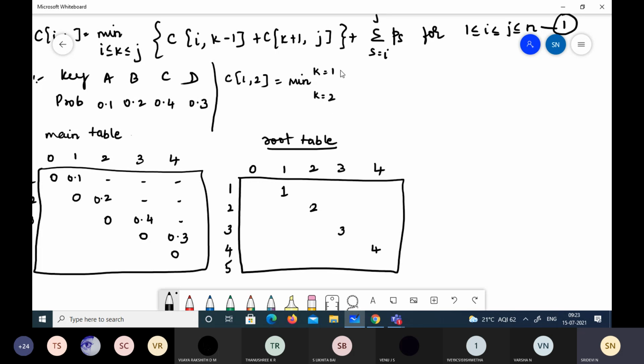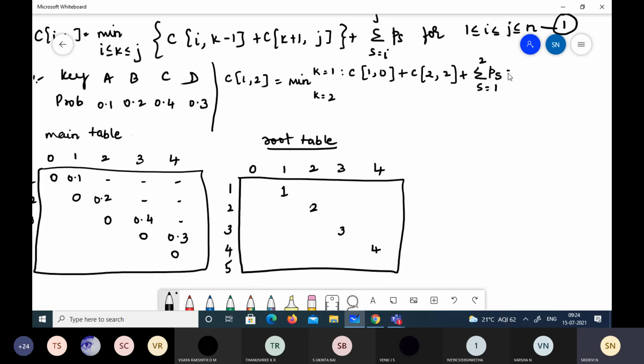Then C of i, which is 1, comma k minus 1. K is 1, so 1 minus 1 becomes 0, plus C of k plus 1, which is 2, comma j. j is 2, plus sigma varying from i to j, that is 1 to 2, and I should find the probability for P's.